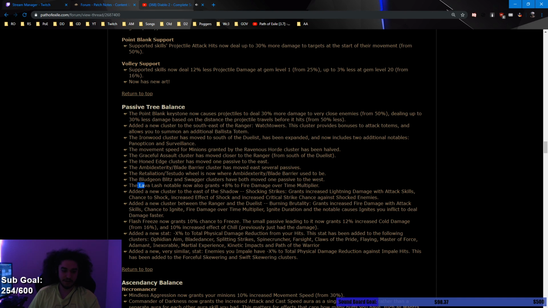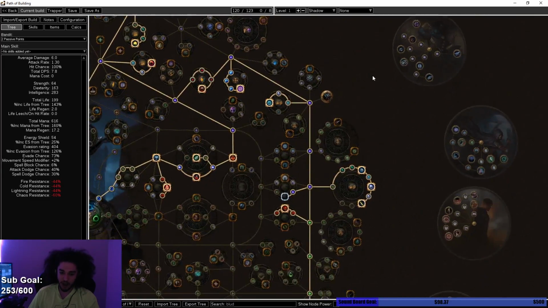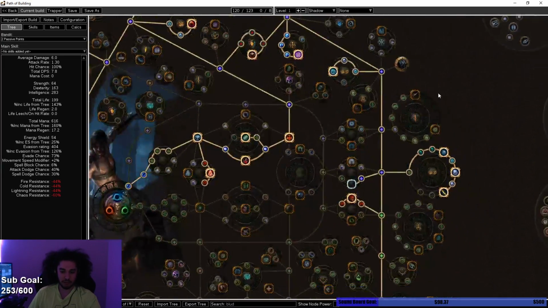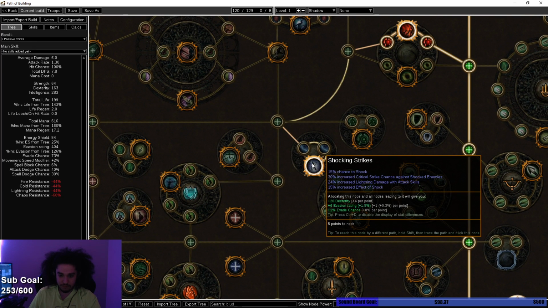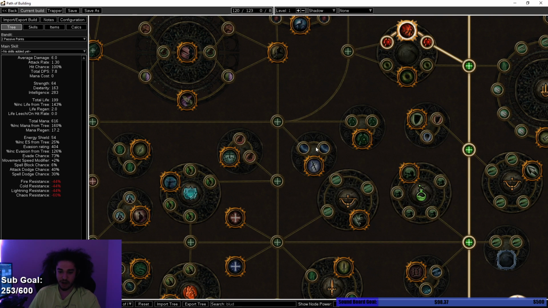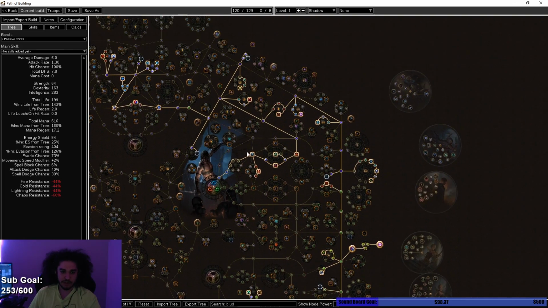Lava Lash Notable now grants fire damage over time multiplier. Added a new cluster to the east of Shadow. Shocking Strikes grants increased lightning damage with attack skills, chance to shock, increased shock effect, increased critical strike chance against shocked enemies. Arc. Shocking Strike. I can find this. I know the Shadow Tree. Don't scuff me. They said I see it. Lightning damage with attack skills. Wait. Is that where this was supposed to...